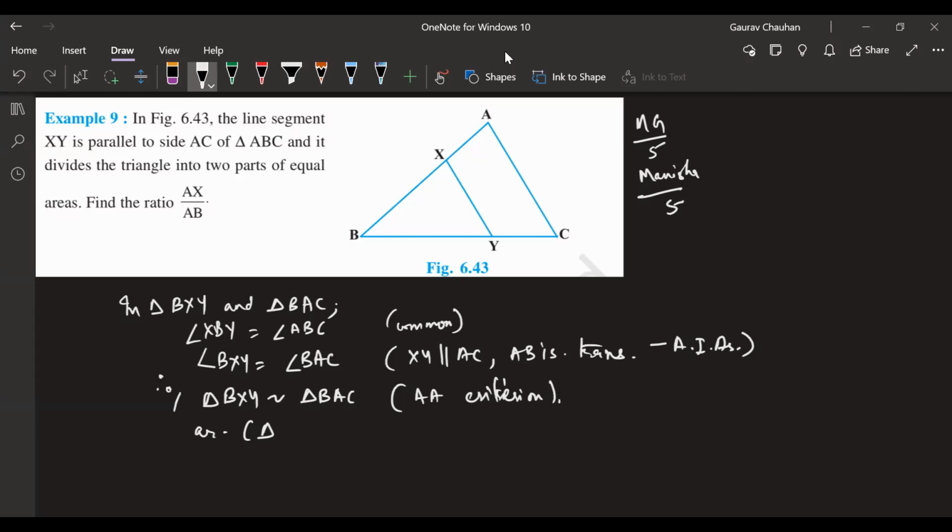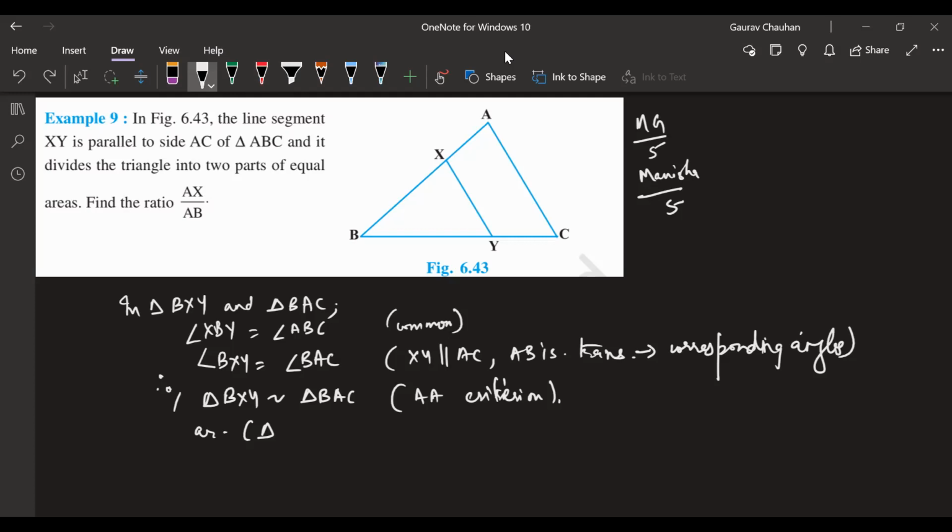Sir, the reason is corresponding angles, no, sir. Correct. It is corresponding angles. My mistake. Thank you, Manisha. The reason is corresponding angles, not alternate interior angles. Sorry, I was not paying attention to what I was saying. This and this form corresponding angles for this line and this line. Thank you so much, Manisha, for pointing this out.